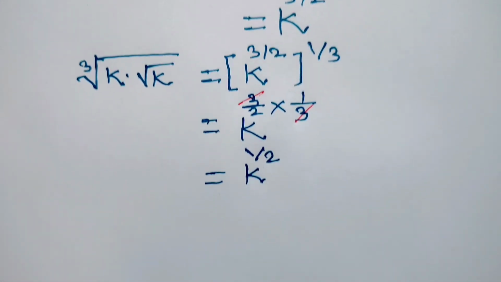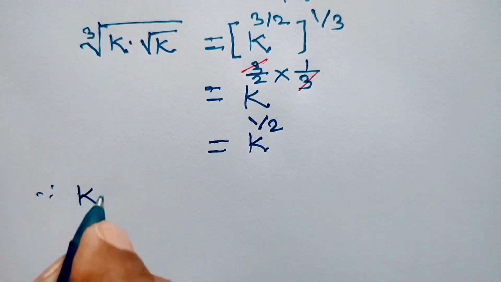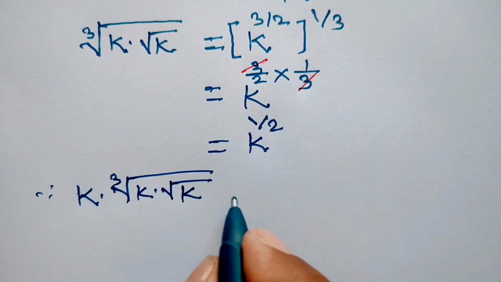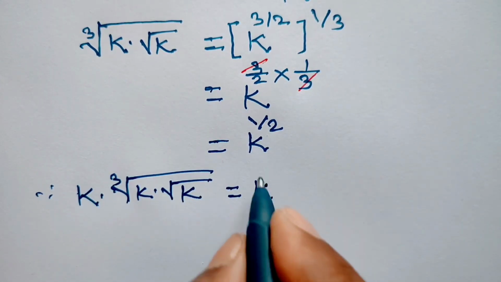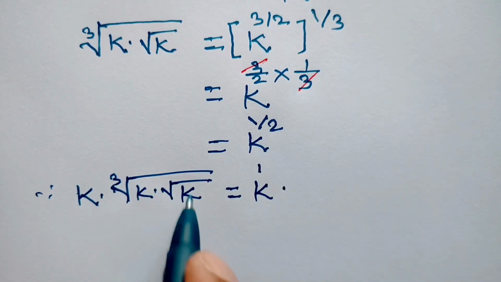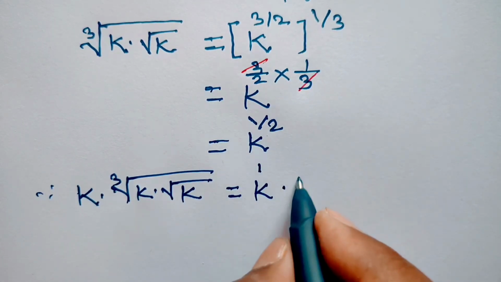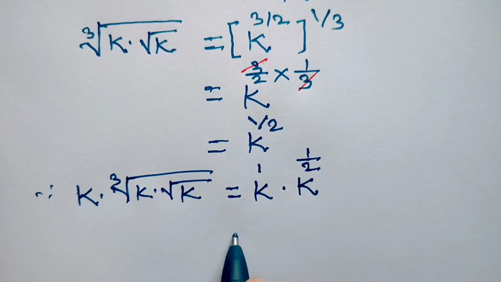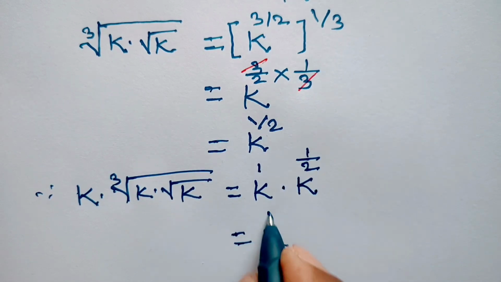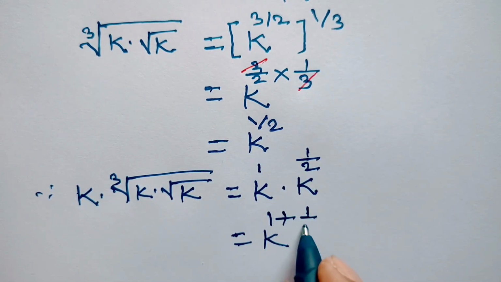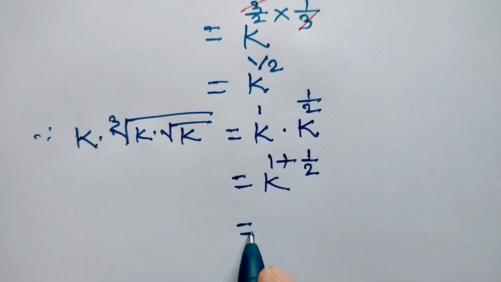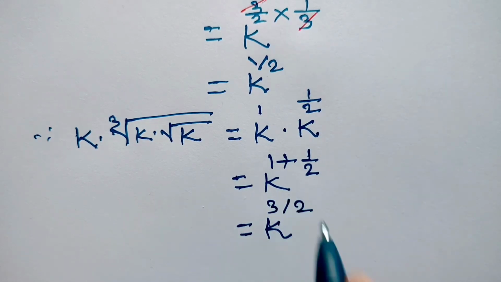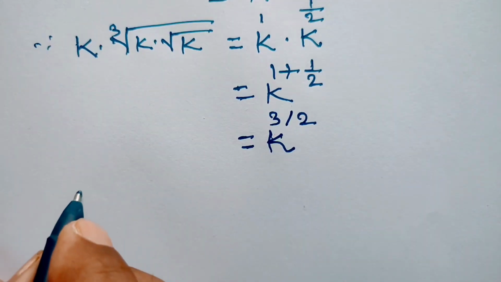Now k into cube root of k into square root of k, this is equal to k to the power 1 into this one, and this is equal to k to the power half. Base is same, sum of the powers. So this can be written as k to the power 1 plus 1 upon 2, which is equal to k to the power 1 plus half, means 3 upon 2. And then taking fourth root